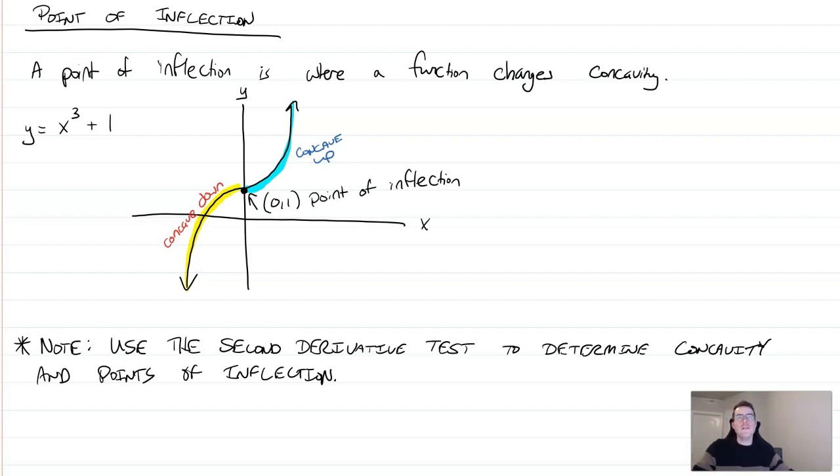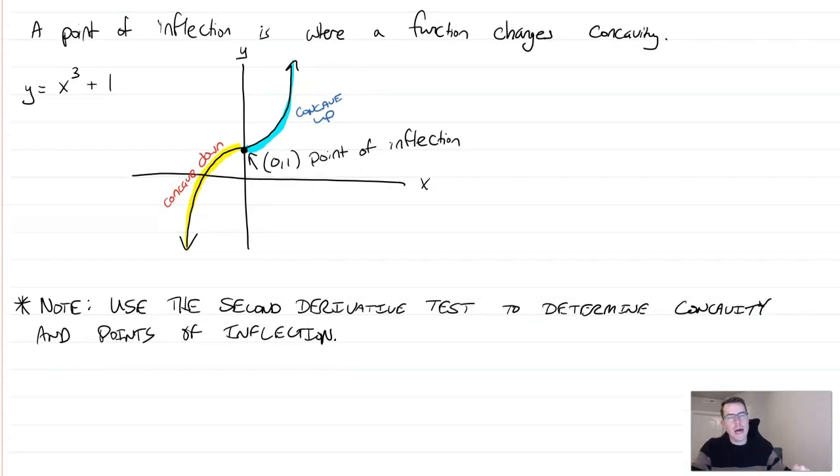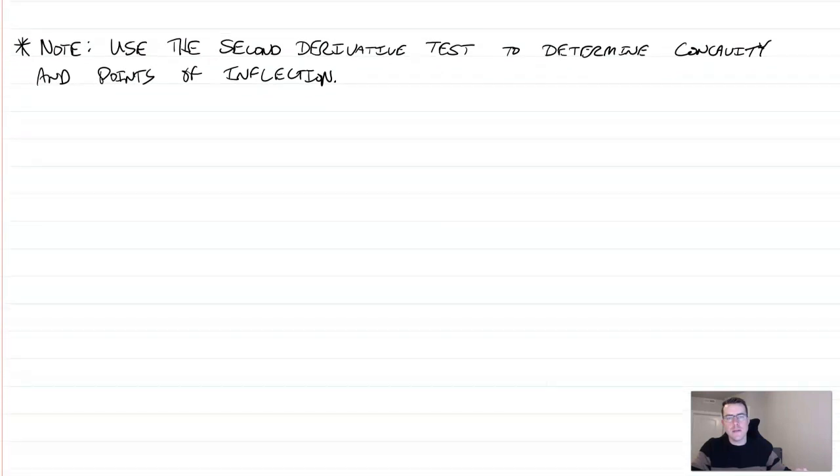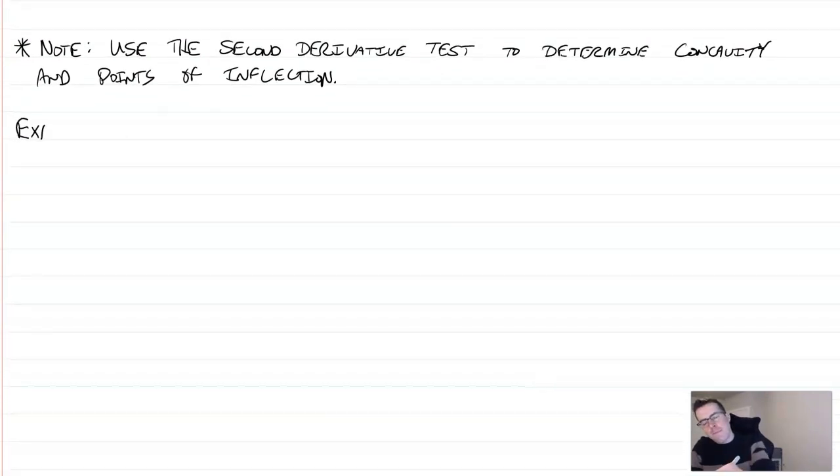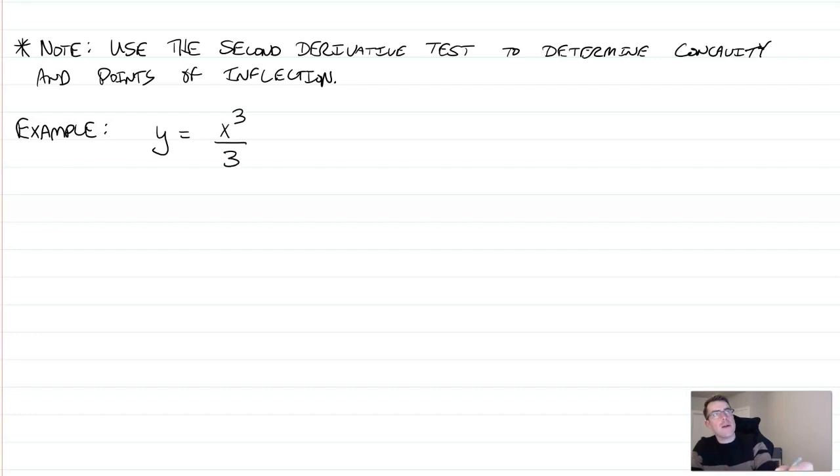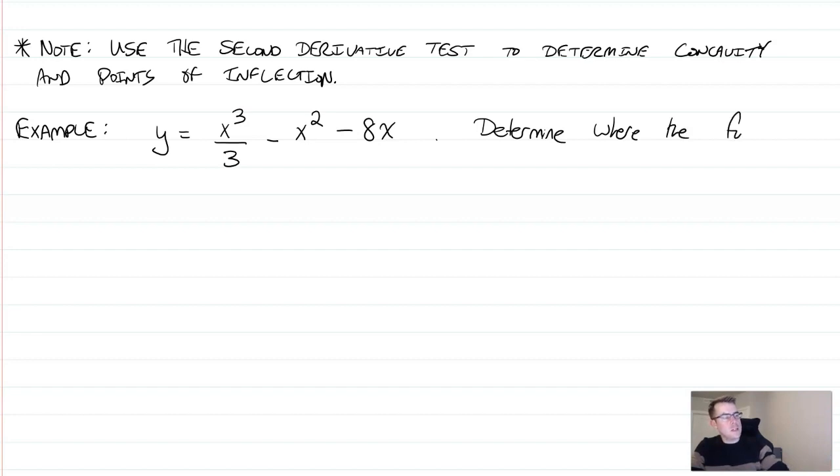Okay, so what I want to do now is let's take a look at an actual example here, and we're going to show how we're going to do this. So example. Let's say we had y equal to x cubed over 3 minus x squared minus 8x. Okay. And the question said, determine where the function is